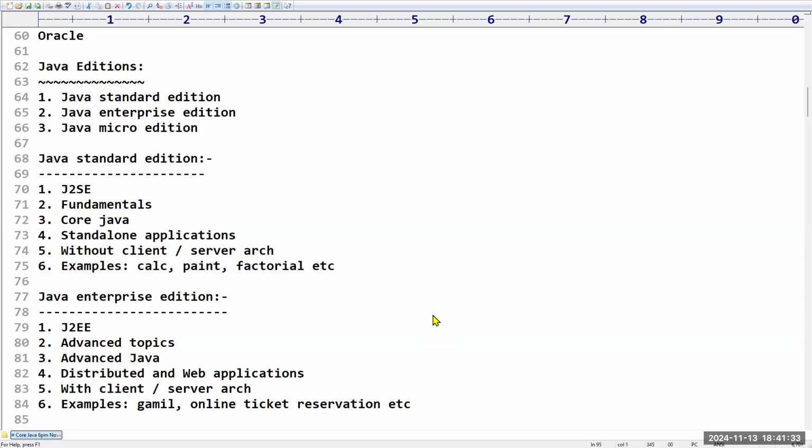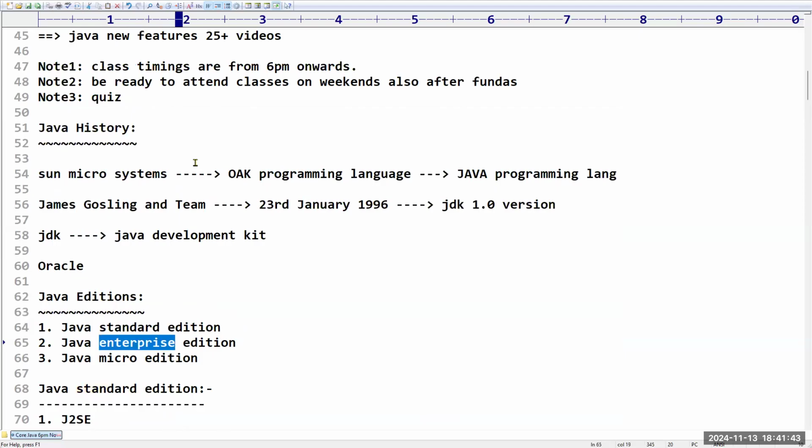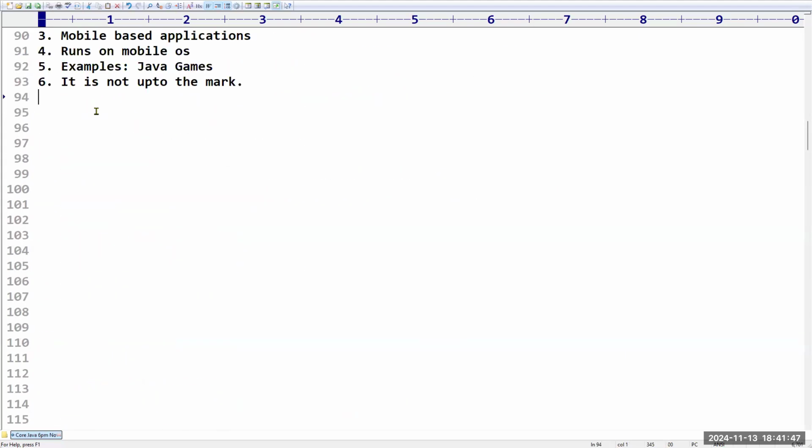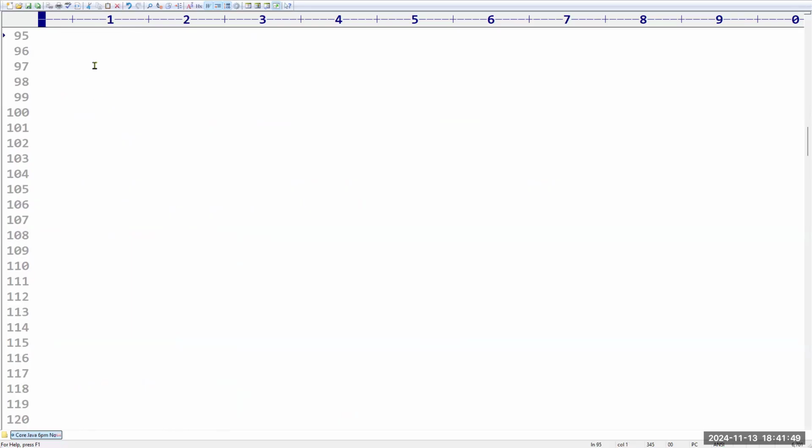Now, this is what we have about the various editions. In this, the popular ones are Standard Edition and then Enterprise Edition. That's all. So this is about Java introduction and editions. Now we are talking about software related things. But before that,